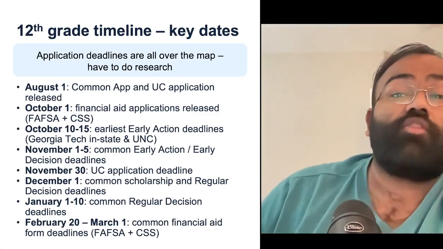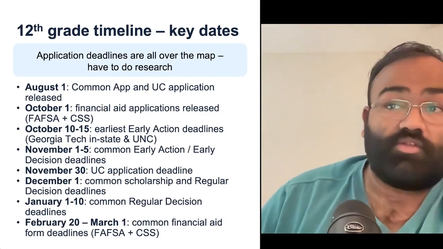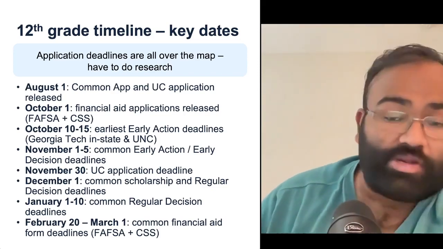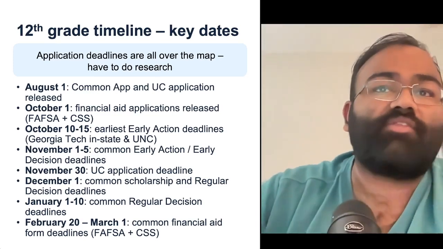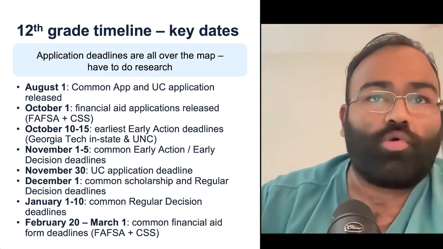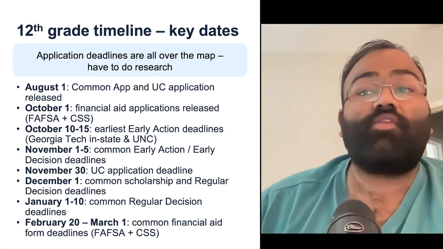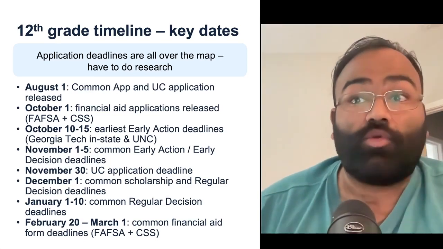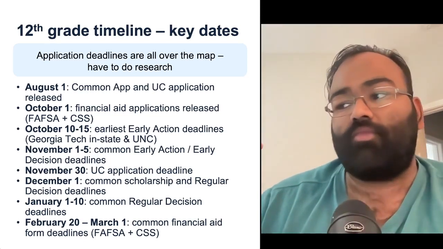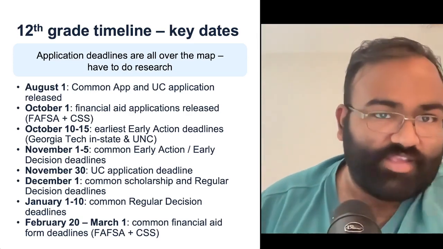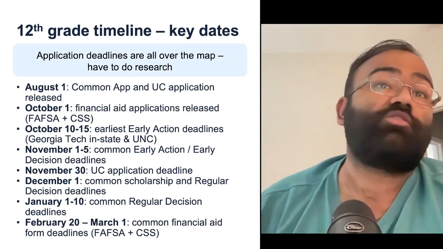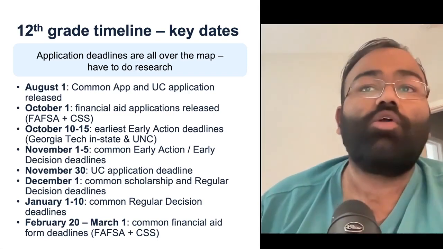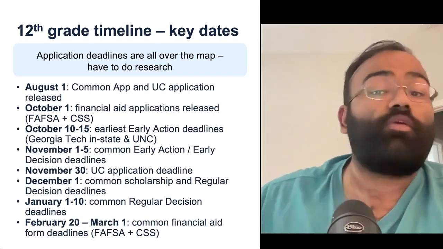And I would say this is also another point of key leverage for all of you parents in the audience, right? Helping your kids keep track of application deadlines is a place where you can be hugely valuable because chances are you're a little bit more organized and have fewer moving parts in your life than your student does when they're trying to balance school, extracurricular activities, a social life, also filling out college applications, also potentially preparing for an SAT or an ACT, right? Your kid has a bunch of different moving parts going on.